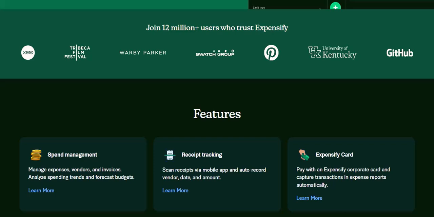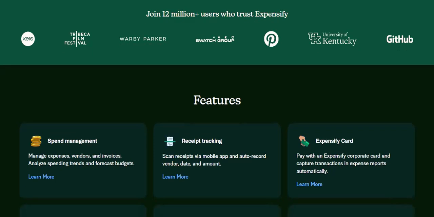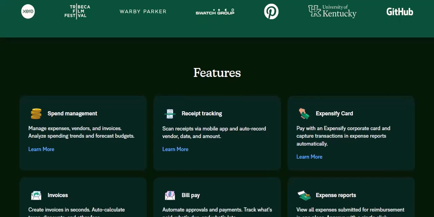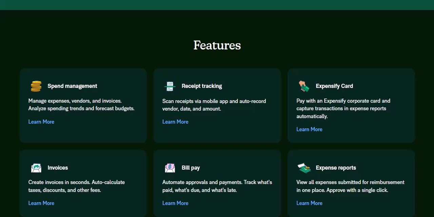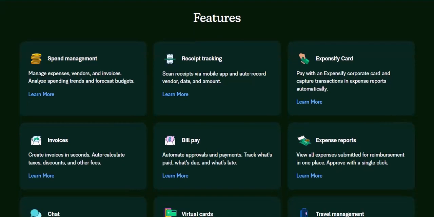But that's not all. Expensify offers a range of features beyond the magic email, including corporate cards, integrated corporate cards for seamless expense tracking and automated reconciliation. Travel bookings, book flights, hotels, and rental cars directly within the Expensify platform. Mobile app, effortlessly capture expenses on the go with the user-friendly mobile app. Whether you're a freelancer, a small business owner, or an employee at a large corporation, Expensify can revolutionize the way